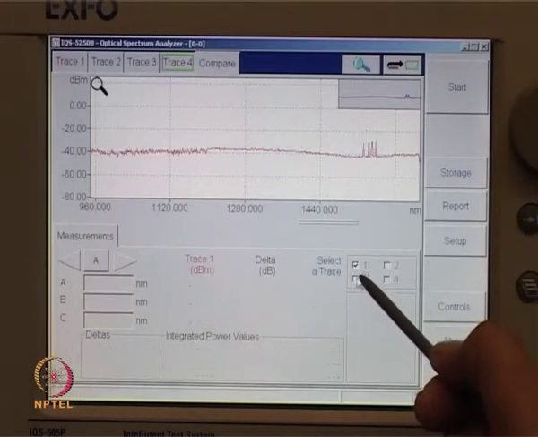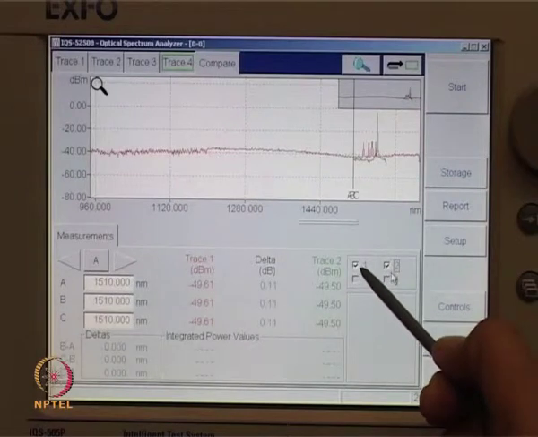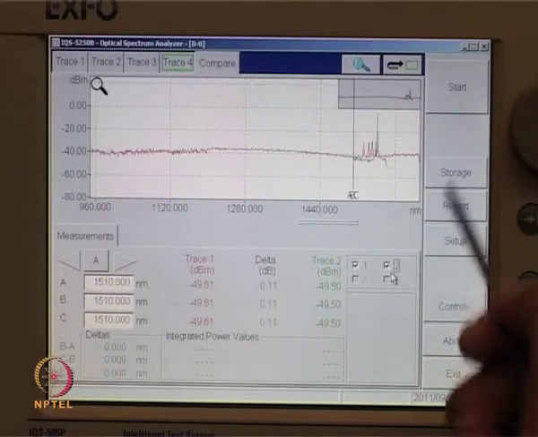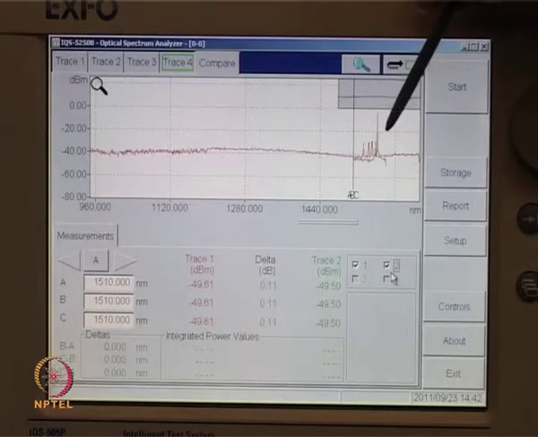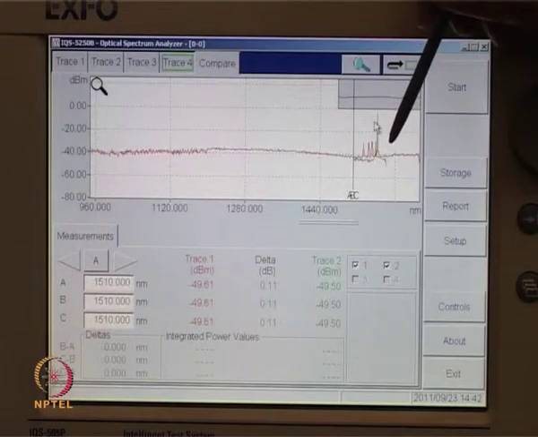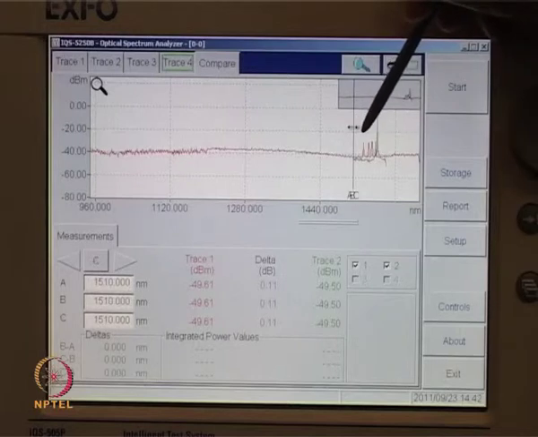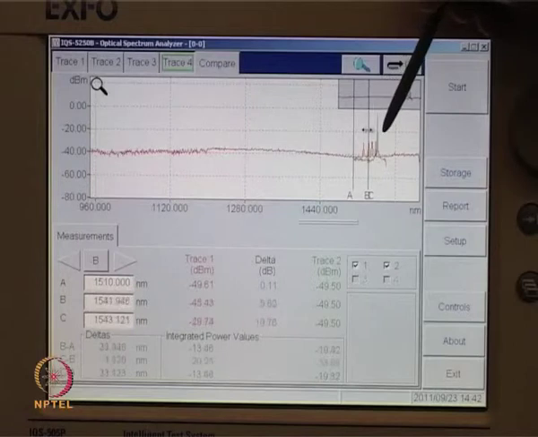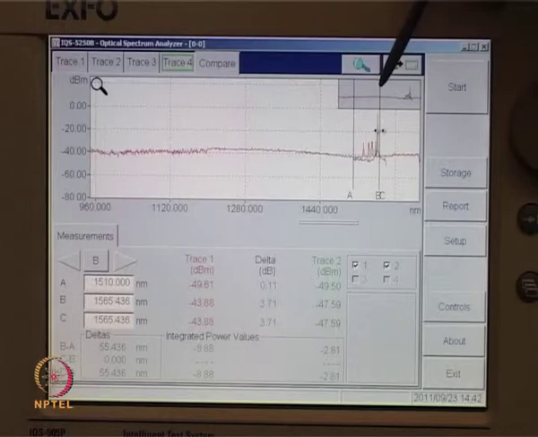Here the signal is from the optical transmitter. A 0 dBm transmitter is used for the experimental setup. As this is a direct output from a transmitter, the power level is high. Placing the marker on the peak of the output of the optical transmitter,